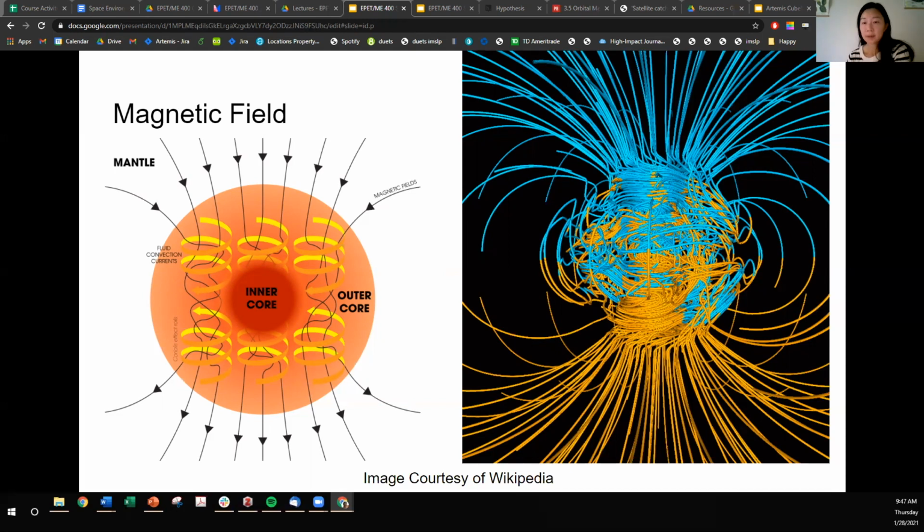The north geomagnetic pole actually represents the south pole of the Earth's magnetic field, and conversely, the south geomagnetic pole corresponds to the north pole of Earth's magnetic field. So, fun fact,